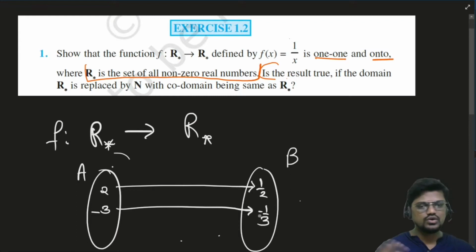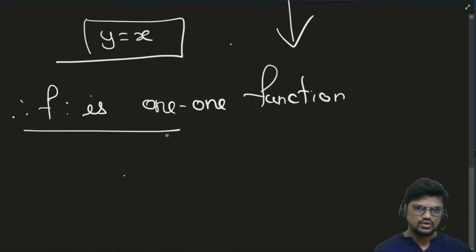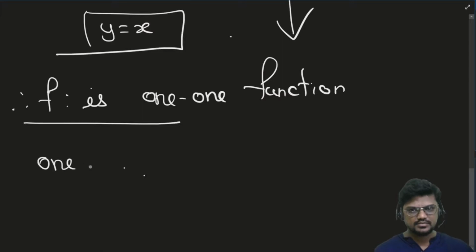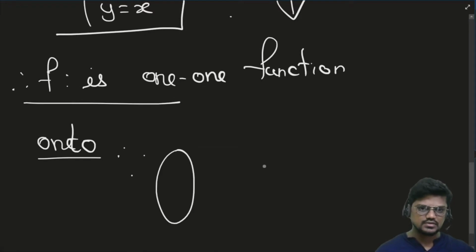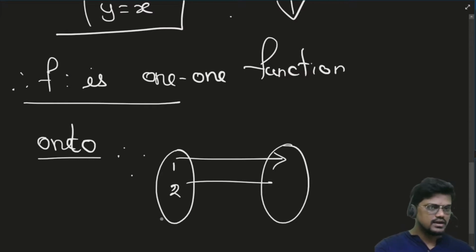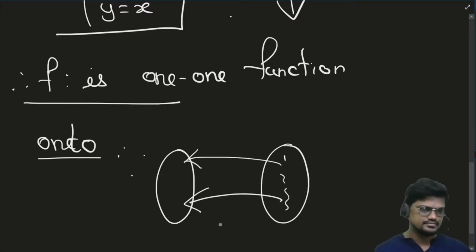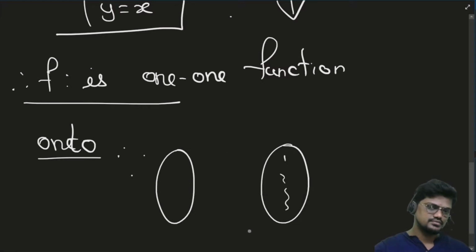Now this is what 1 1 we have cleared. Now is it an onto function? To understand whether it is an onto function, I'll give you a diagram. For onto function I will do it in the reverse manner. For a 1 1 function I entered elements over here, and if I enter any element there should be an image. But to check for onto function, I'll enter numbers over here and check whether there is a pre-image or not for all the values.